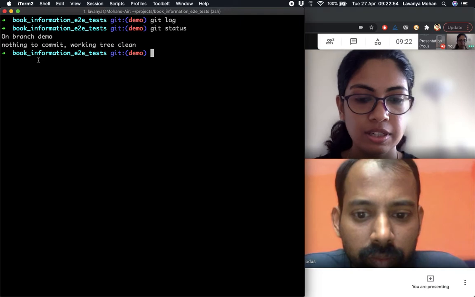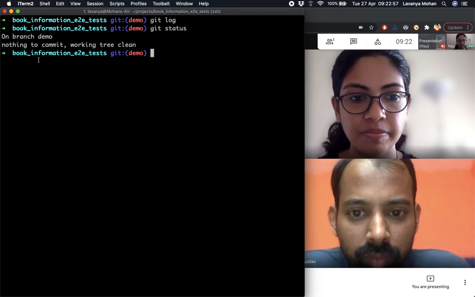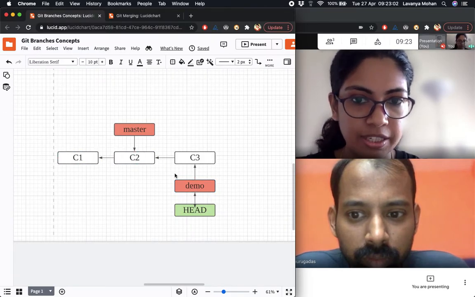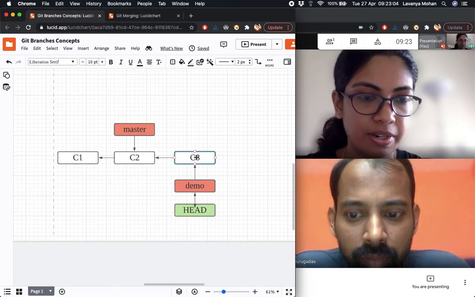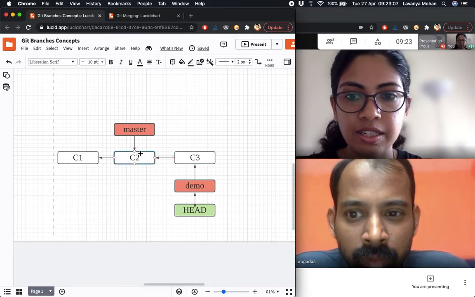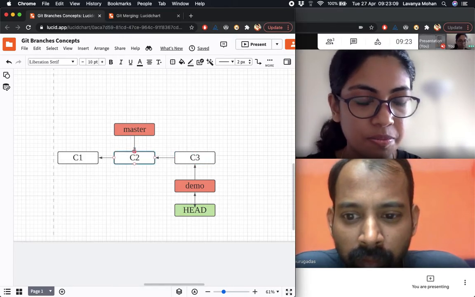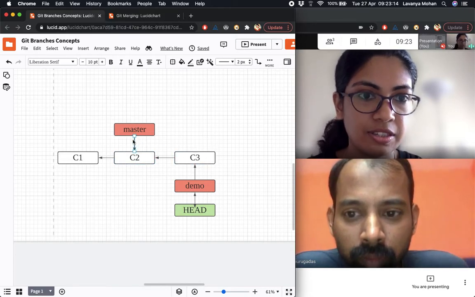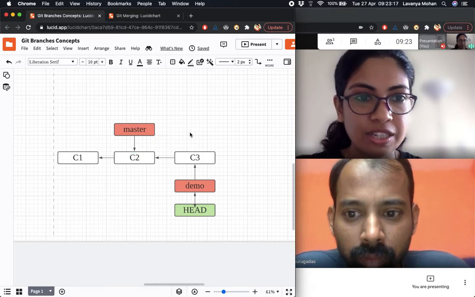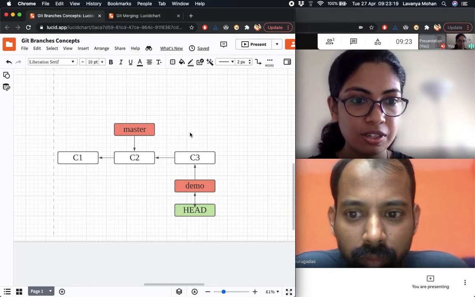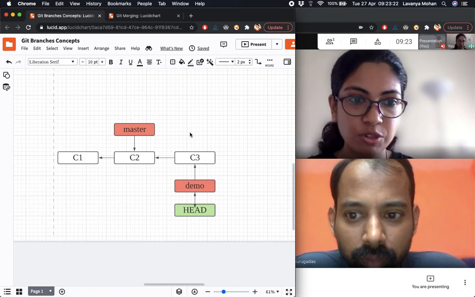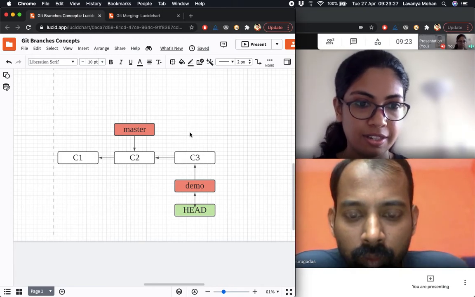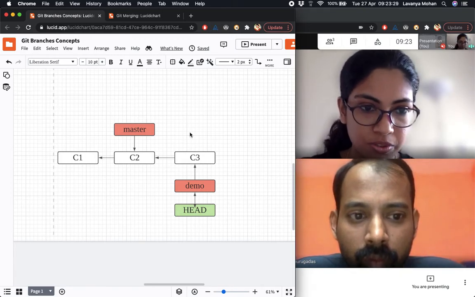So in the remote, when we made a commit on the master branch last time, the remote had, let's say, commit C2, and assume that it was not in demo. This commit actually happened in master itself. But the remote master was still pointing to C2. Our local master started pointing to C3 after the commit on the master branch. So that's why it knew that your remote is a few commits behind, so you are a few commits ahead, and if you want remote also to have these commits, you need to do a push.